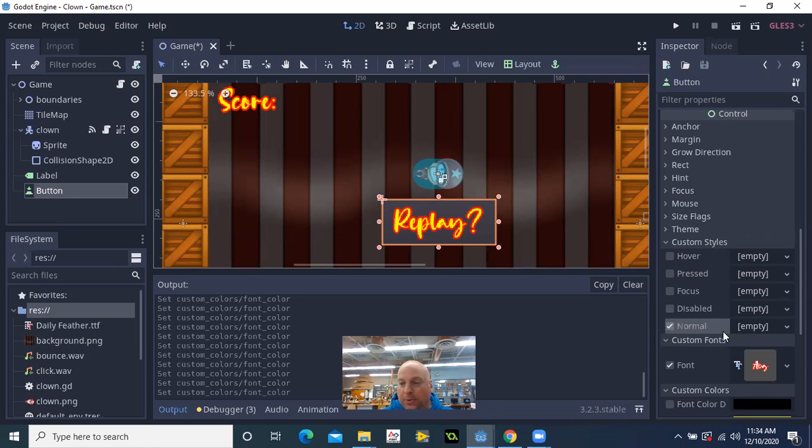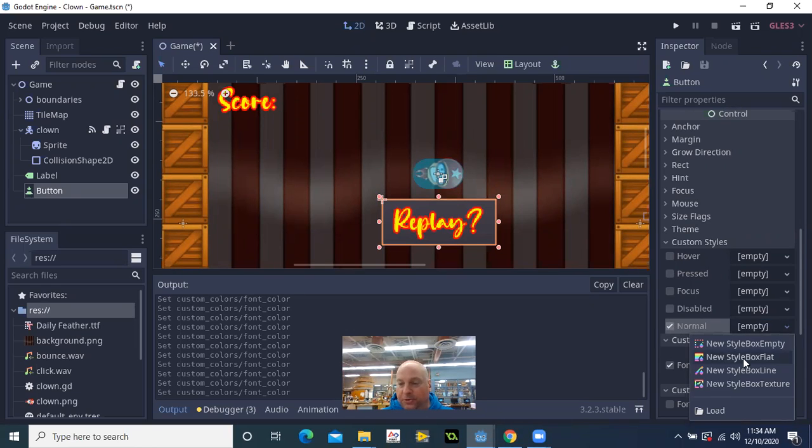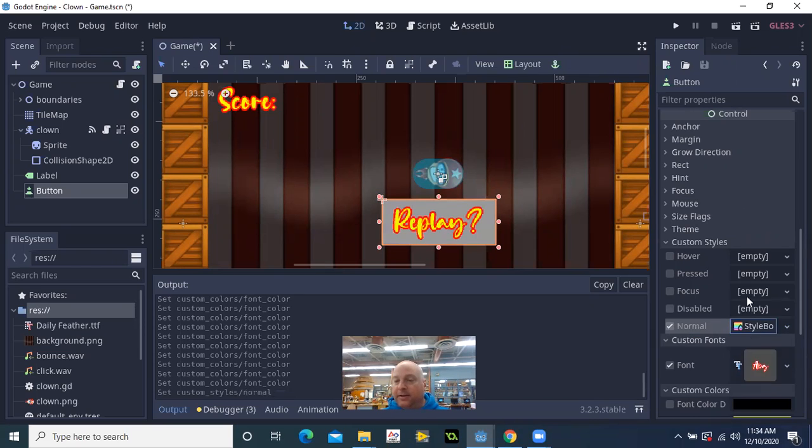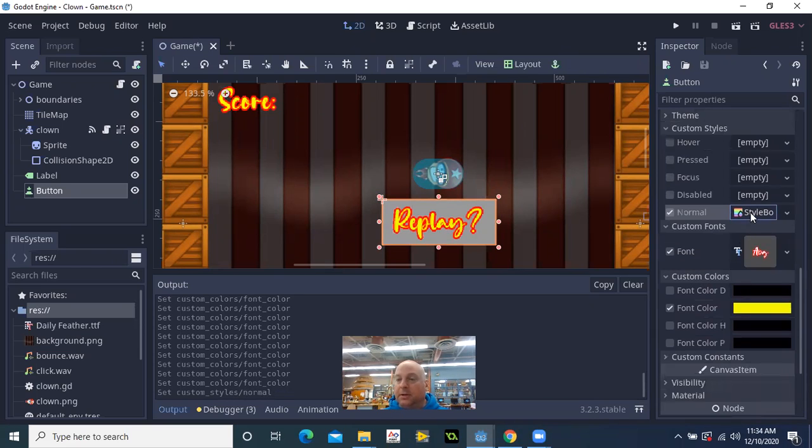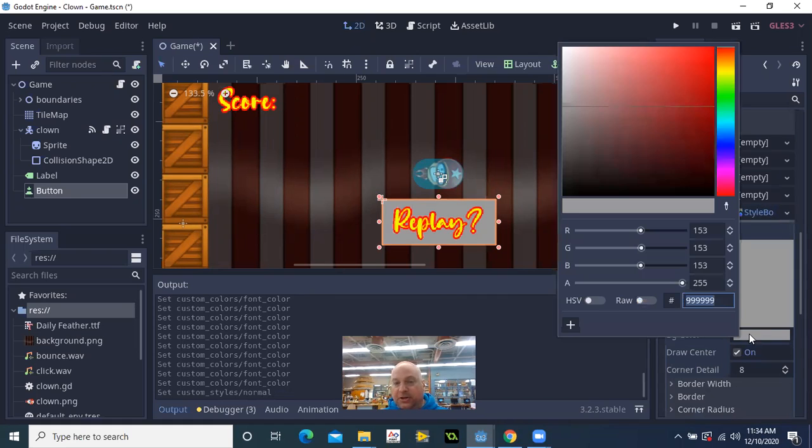So I'm going to choose normal. I'm going to say I want a new style box flat. By the way, if you did have a sprite for your button, you could load it here. But you'd have to load it as a box texture. I'm going to do style box flat. That's going to give me some more options. So when I click there, I can change the color of my